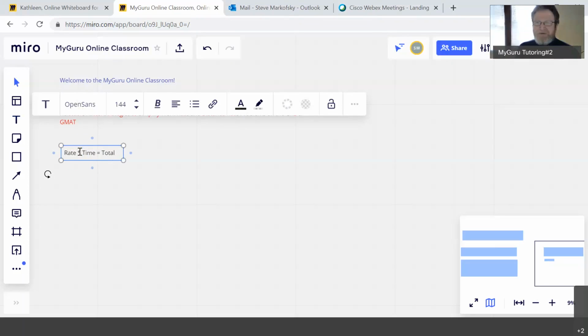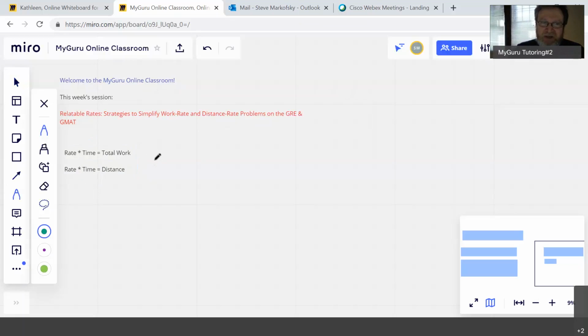So if you're dealing with a work project, your rate times time is going to equal the total project, the total work. Or if you're dealing with vehicles or people moving around, rate times time equals distance. This is very simple in terms of the basic quantity. The basic equation is simply rate times time equals the total, whatever you happen to be talking about. The problem is these are,